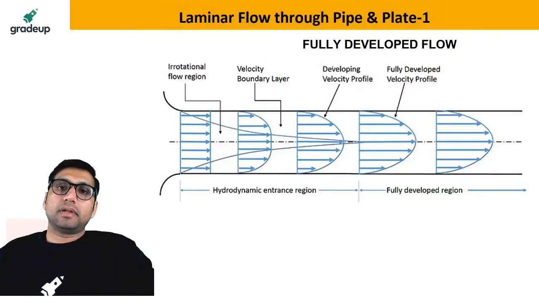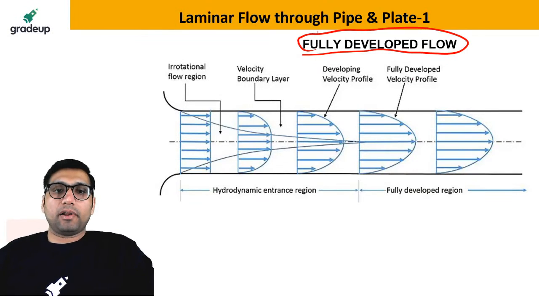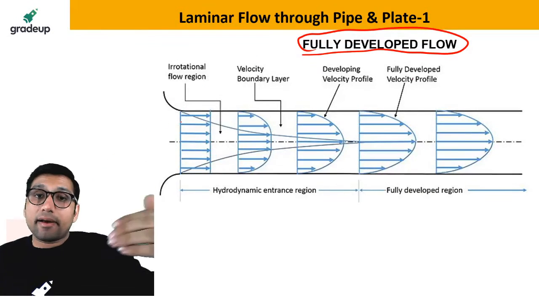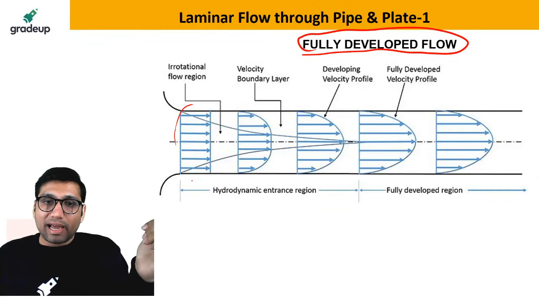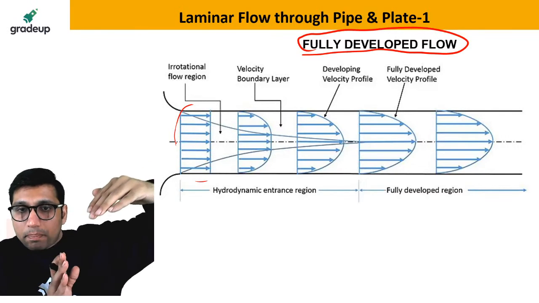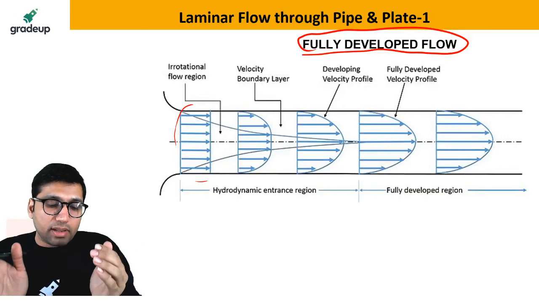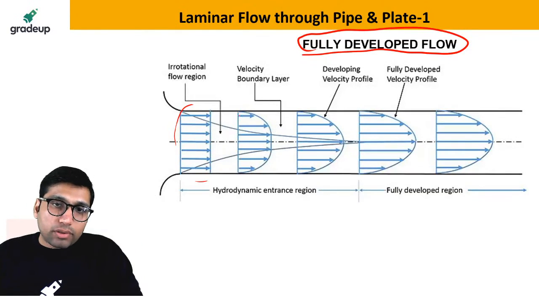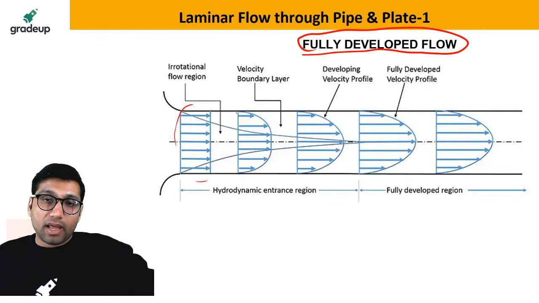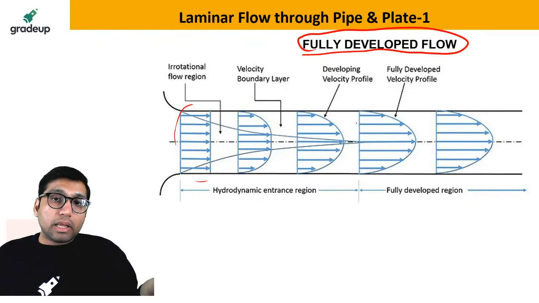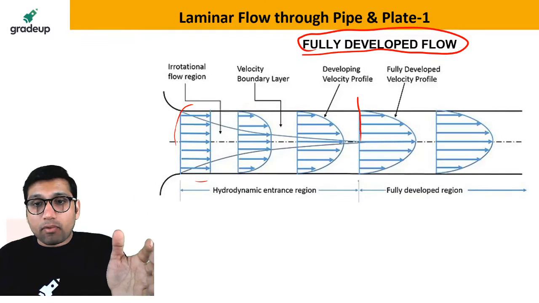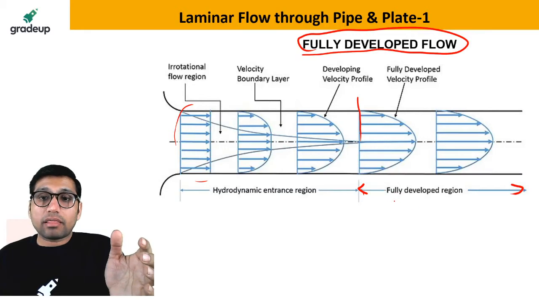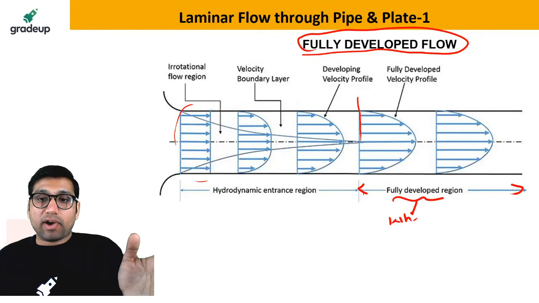Now my dear students, there is a concept of fully developed flow. What is the meaning of fully developed flow? When the fluid starts to enter inside the pipe, initially the fluid velocity profile is a flat profile. But as the flow proceeds inside the pipe, the velocity profile becomes more stable. Then there comes a point after which the variation of the velocity profile totally stops and the velocity profile becomes constant. That section is called the fully developed region, where the velocity profile